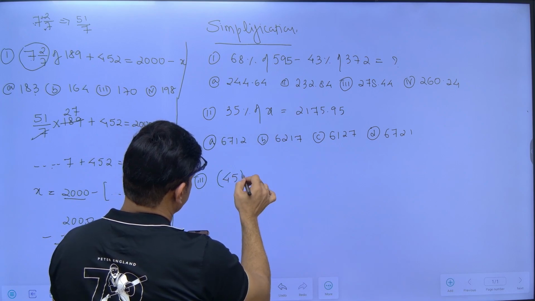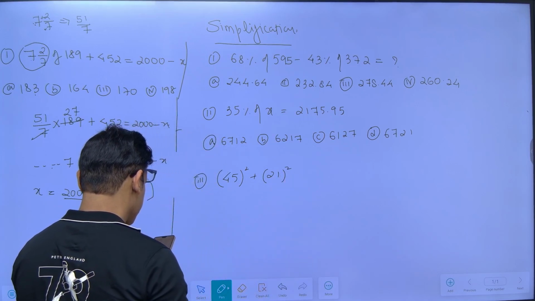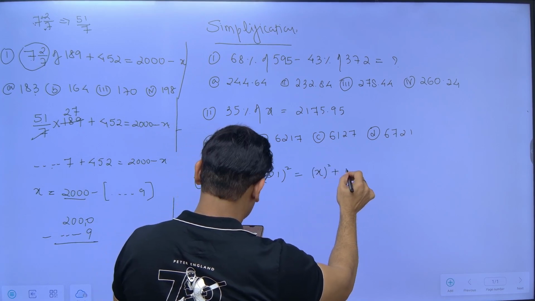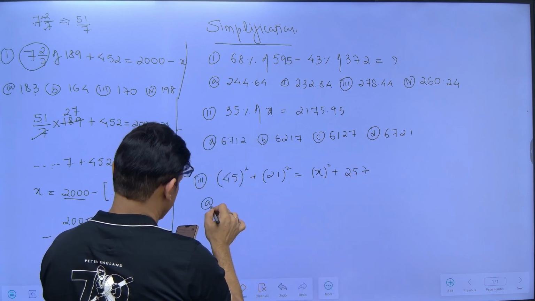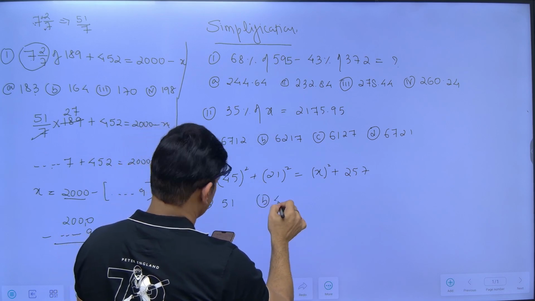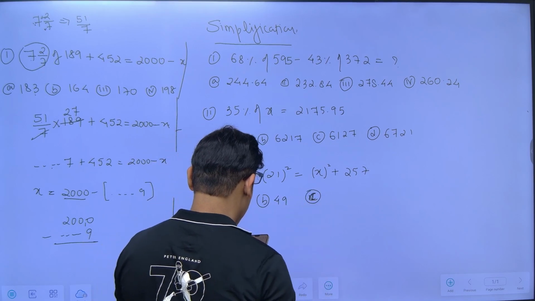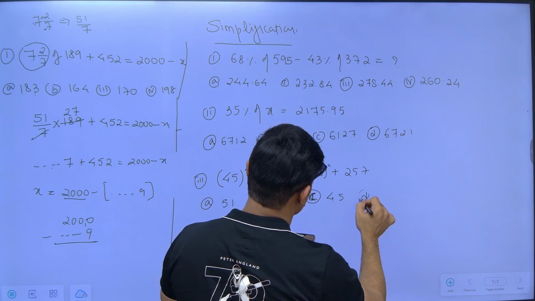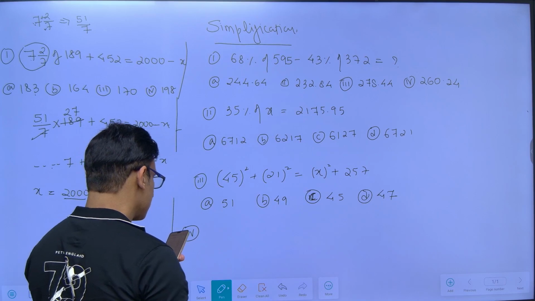Next is 45 square plus 21 square is equal to x square plus 257. So the value of x is 51, 49, 45, 47. And fourth question is